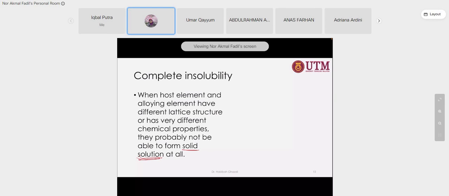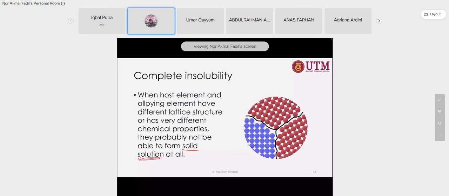Dia tak ada larutan gula tu. Air gula tu tak ada. Okay, sugar water is not formed. Of course, it doesn't involve sugar and water, but it's something like this. So when you mix, this is only element A, this is only element B. They don't mix. You can see they sit next to each other, but this atom has not diffused into this atom. So we call it insoluble. Very simple